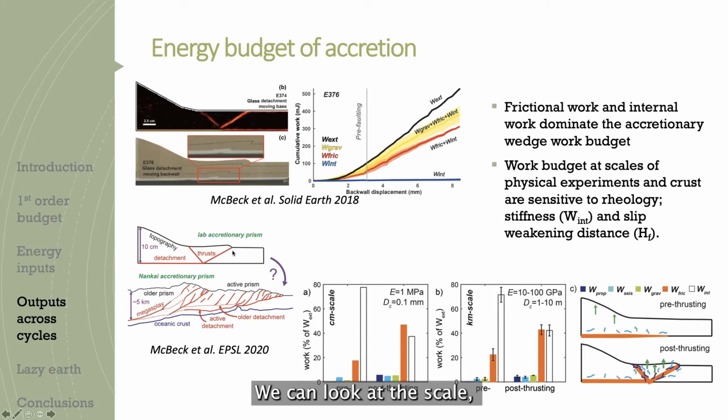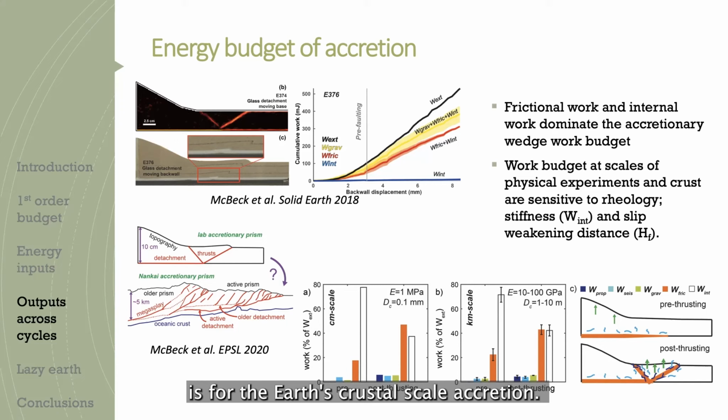We can look at the scale of the physical experiment, but what happens when we scale that up to the crust? This plot here is showing the energy budget for that laboratory scale accretion, and the one here in the middle is for the crustal scale accretion. And what we learned in that study is that the partitioning of work into these different terms is quite sensitive